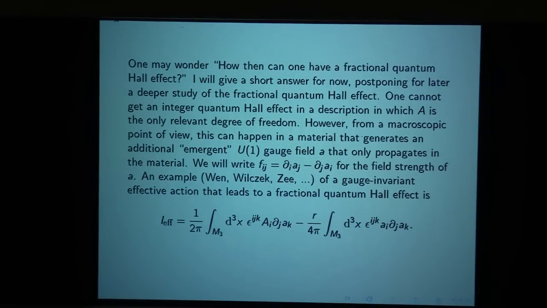I won't go through the exercise of proving this, but you might want to think about it. I didn't give a completely rigorous explanation for the case with one gauge field, but you could check, at least on the example we studied, that this, with the coefficient I've given, is invariant under gauge transformations for both big A and little a, where e to the i phi is single valued. So anyway, I've properly quantized both terms so that they're well defined. Well defined means gauge invariant mod 2 pi. I haven't written down the most general possibility. I've only written down a simple example that will lead to a fractional quantum Hall effect.